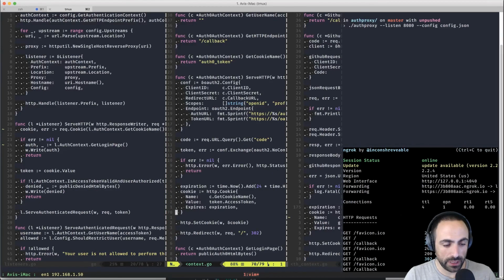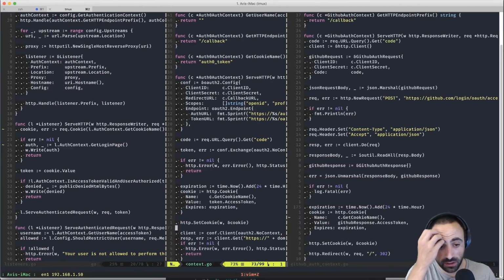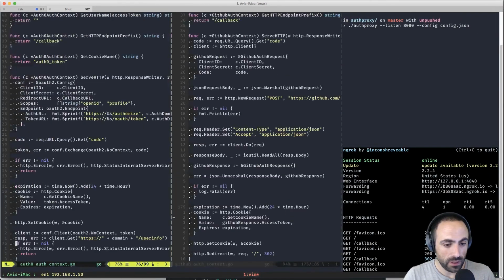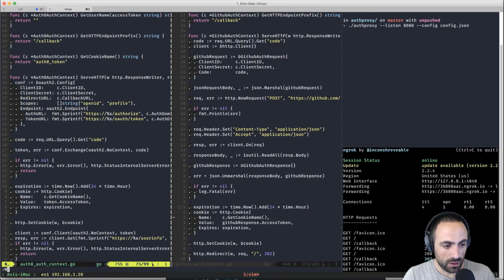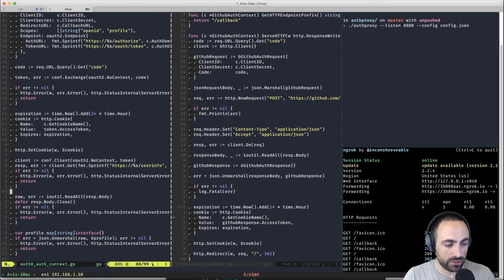And before we actually do that, let's take the conf.client and take this again with fmt.Sprintf with the domain here. And then this is going to be c.authDomain. Awesome. And then error, HTTP status, raw. Okay, and then raw here.